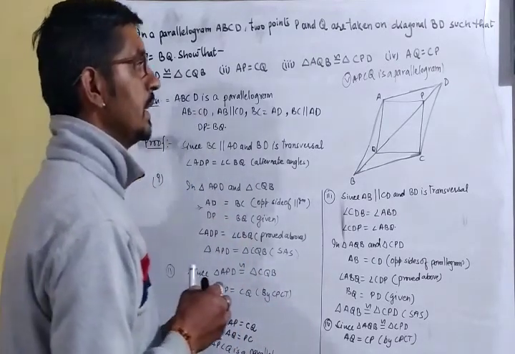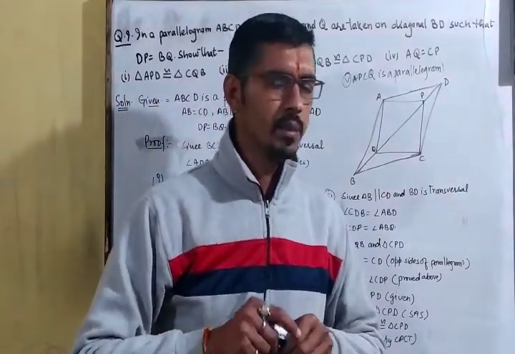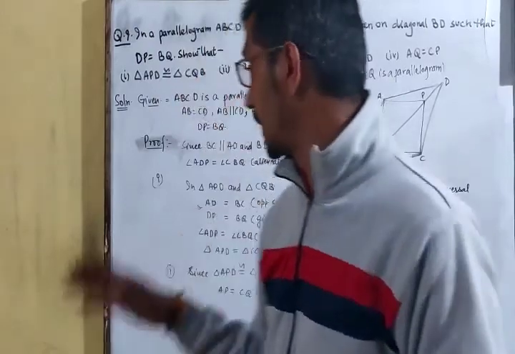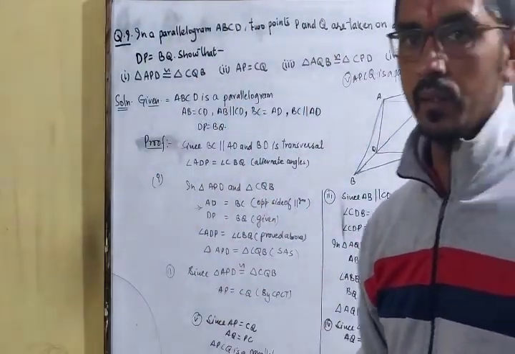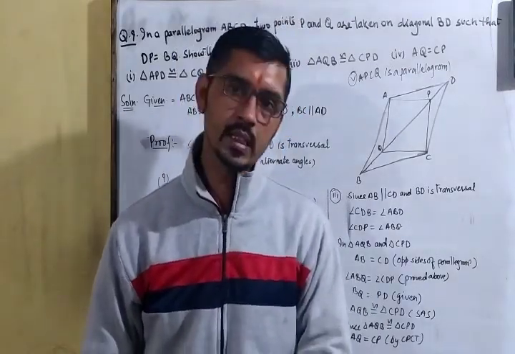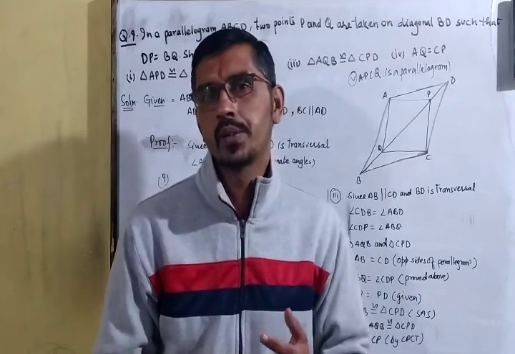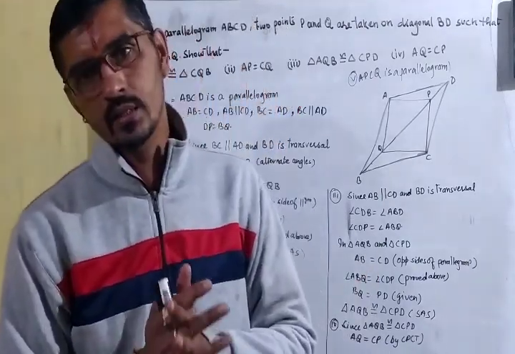Okay, so these are the four different type of questions. That means in one question, 4 things we have to prove, then 5 things we have to prove, and this is how it is done. Okay, the remaining part of this exercise you have to do yourself. That means the rest questions are easy. If you are facing any problem, you can ask.